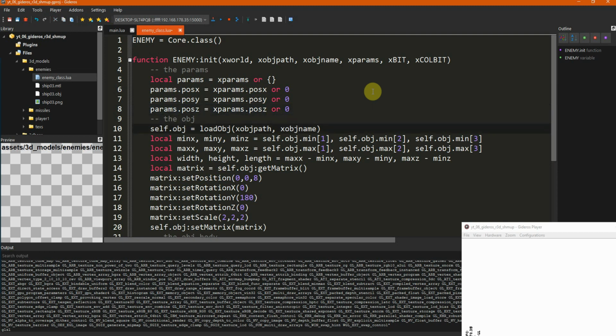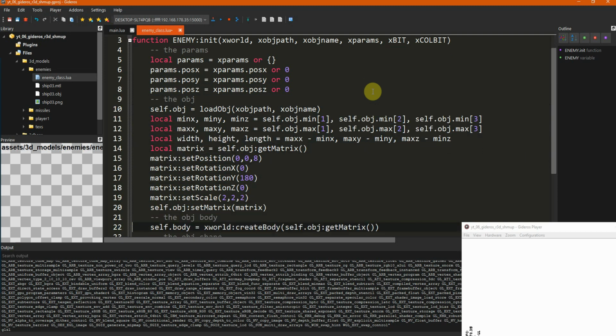Then we've got the matrix, and we can say here in the matrix params.posX, params.posY, and params.posZ. The rotation is okay and scaling is okay. We can keep it like that.